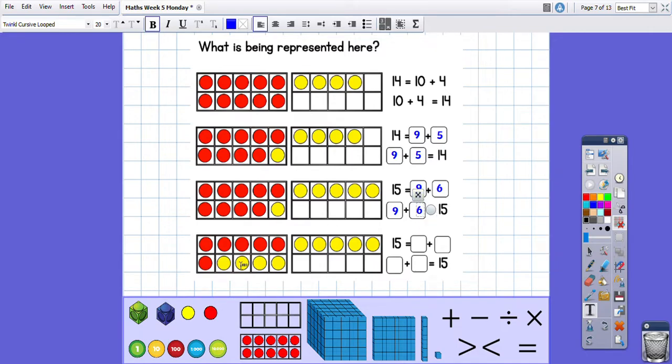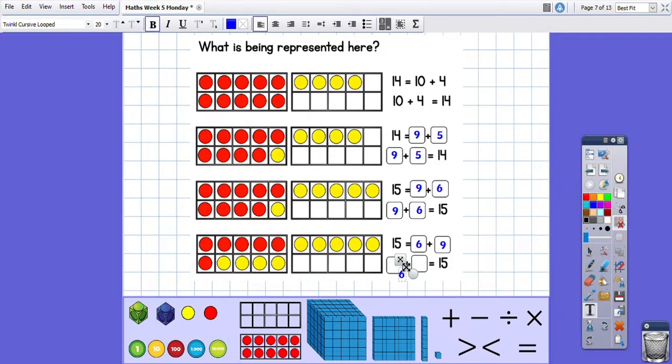And then this one, 5 and 1, because I know that along the top there's 5, so 5 add 1 is 6. And then I've got 4 in this one and 5 in this one, which is 9. And then I've got